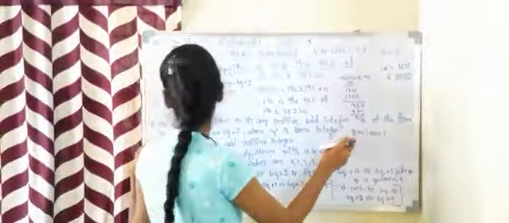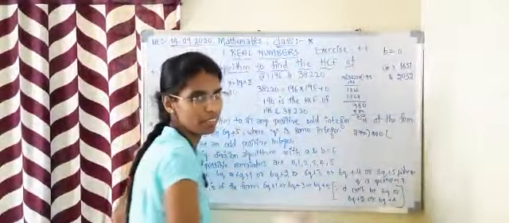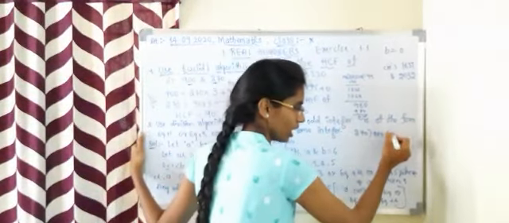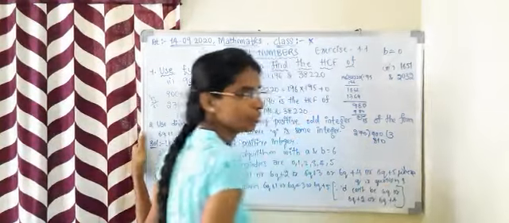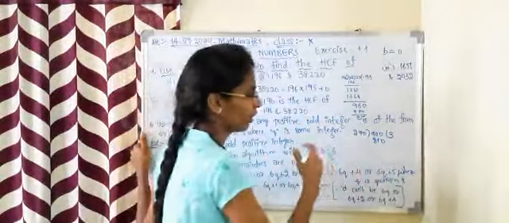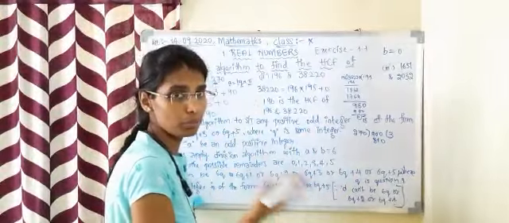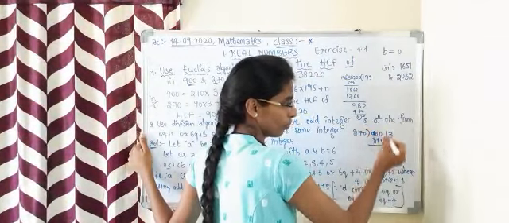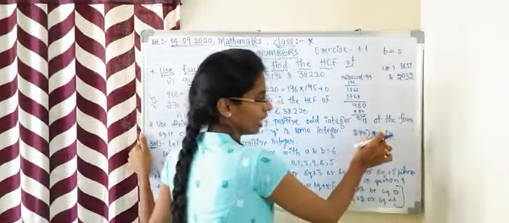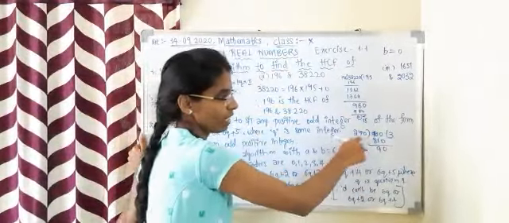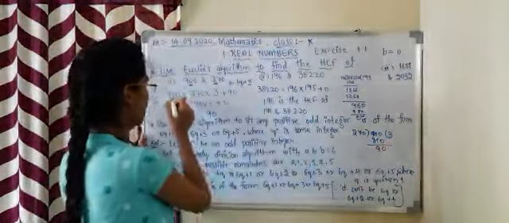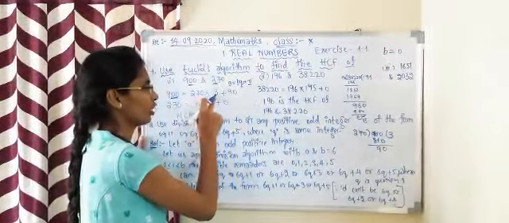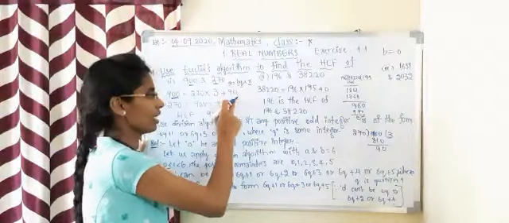We get 270 ones are 270, 270 twos are 540, and 270 threes are 810. Now we cannot go for one more. So what do we get here? We get 0, 1, borrowing 1, 90. So 900 can be written as 270 into 3 plus 90. See, 900 can be written as 270 into 3 plus 90. 27 into 3 is equal to 81, 81 plus 9 is 90.